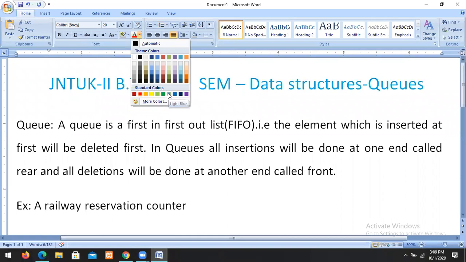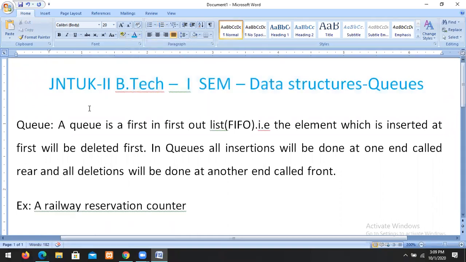First in, first out means the element which is inserted first will be deleted first. Such a list we call a queue. In queues, all insertions are done at one end called rear. So rear means last. We insert elements at rear and delete elements at front.